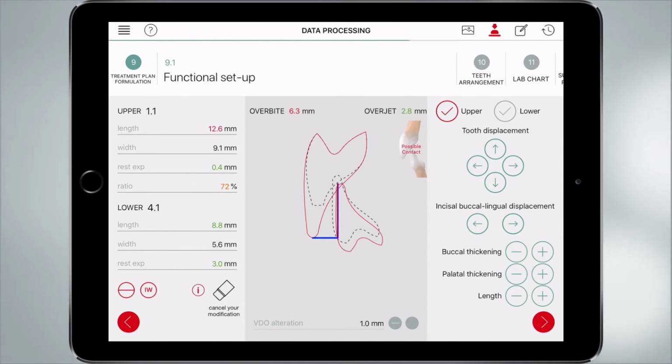Now, we increase the VDO, we set 3.5 mm, and you see that now we have a distance between upper and lower, of course, in normal. But you have to close it, you have a contact at the end. The final goal is to have a contact. So you have different options. For example, you can push on the upper right, lower. It means that now you can go down to the length, to the bottom, right, on the bottom. You can push the plus,